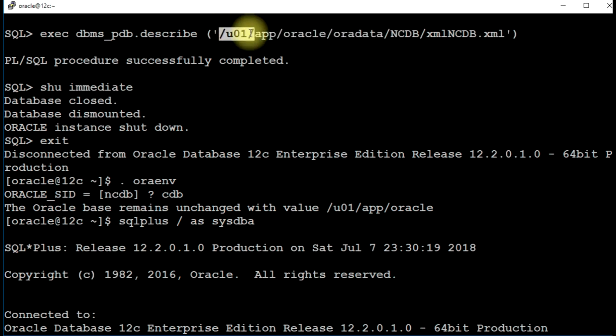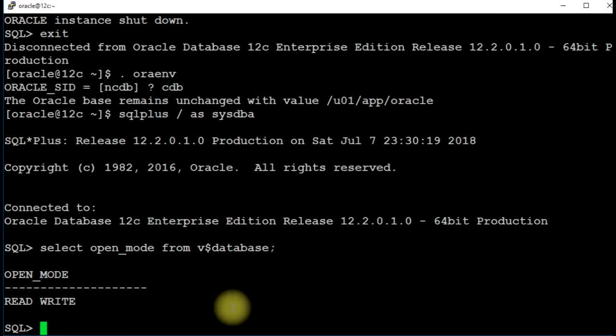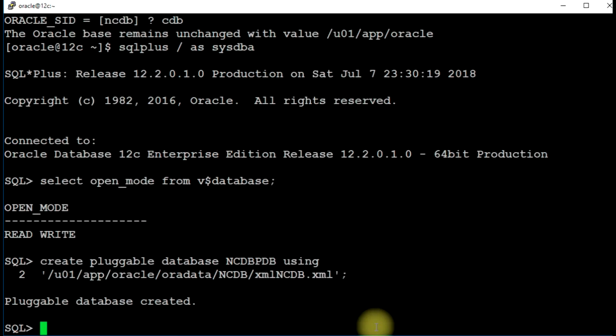So I'm just going to copy this. So to create our pluggable database,